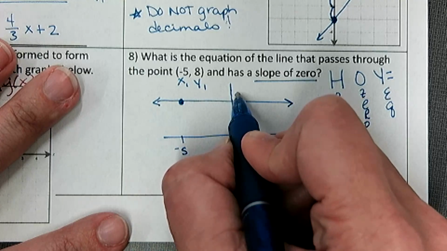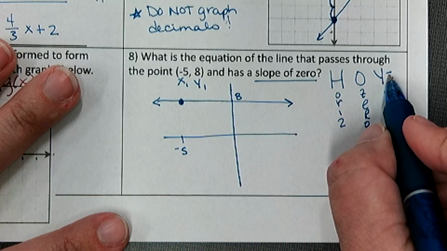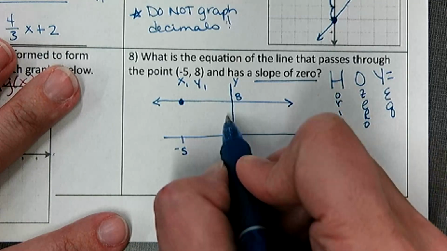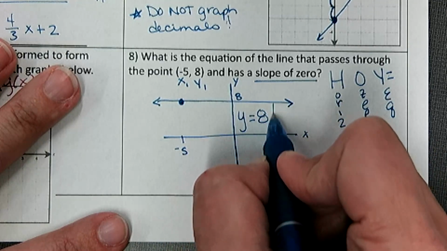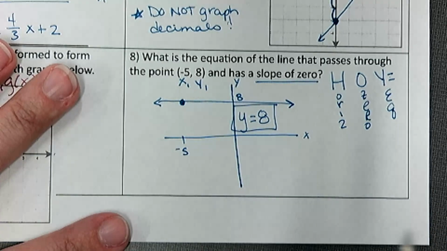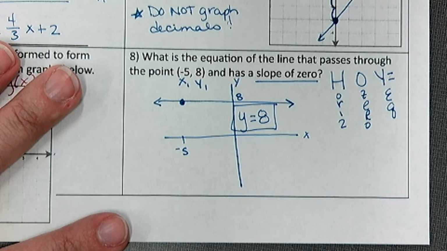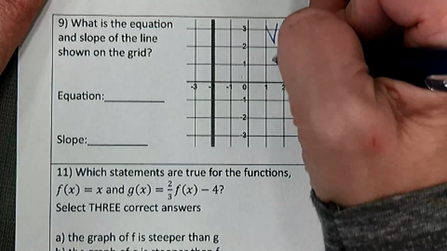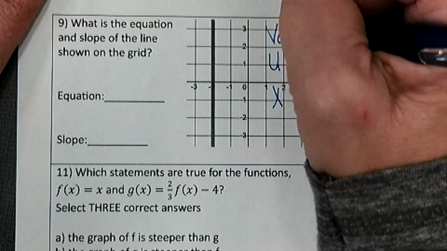Here's my -5, this is my 8. So we have y equals, I'm crossing my y-axis, which is this one. Y equals 8. So make sure you know the difference between a horizontal and a vertical line, which is our next one. So if this is a vertical,